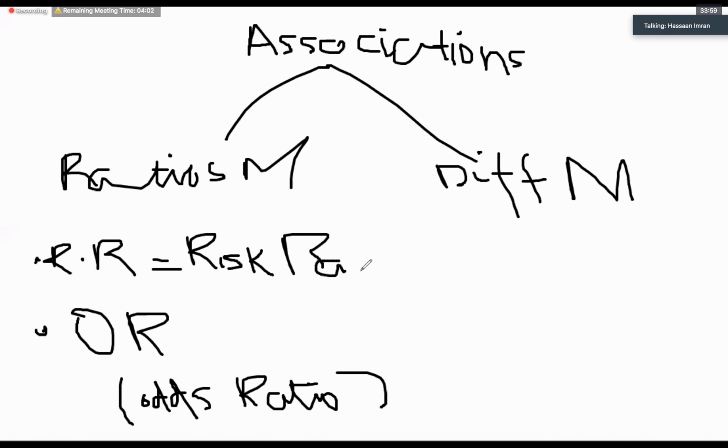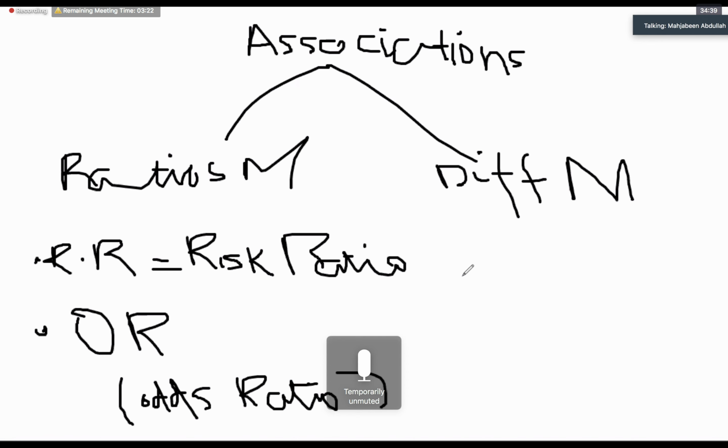Does it make sense? Yes, ma'am. Why do we call it risk ratio? Any one of you? Ma'am, because it measures the risk of getting a disease. Yes, it is a risk measure, and a risk of getting the disease, but why do we call it a ratio? Ma'am, because we are relating two groups now. It basically tells us the risk between the exposed and the non-exposed, done for comparison purposes.